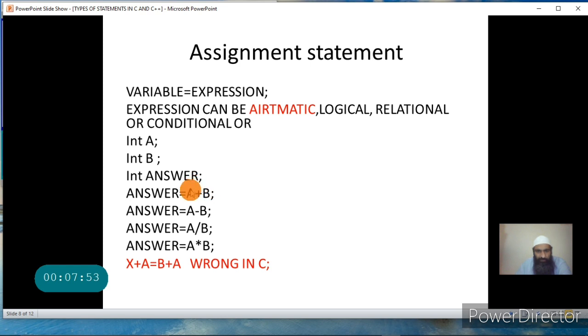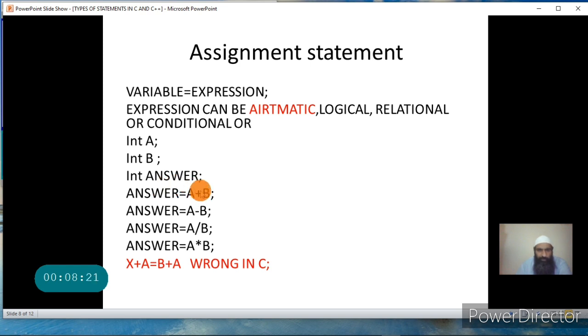In this expression, a plus b, which is an arithmetic expression because it uses the arithmetic operator, the operator is a symbol which designates the operation. In this case, the operation is addition. Now a and b are operands, as I told you. The operator acts on the operands, and the result that is generated is stored in answer.